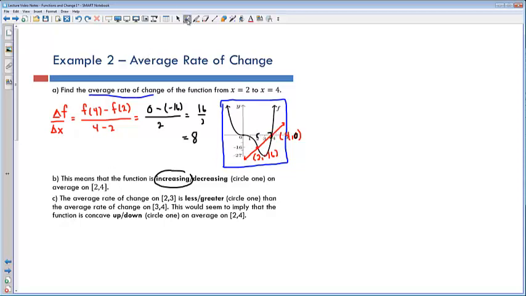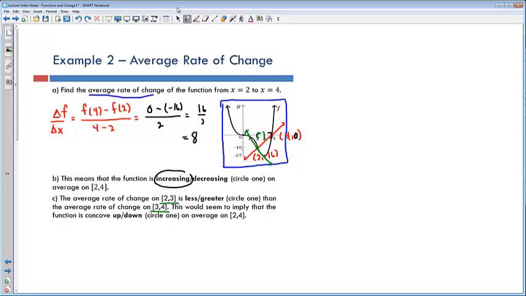In addition, you can actually use the average rate of change to figure out if it's concave up or concave down. Let me give you an example. It says the average rate of change on [2, 3] is less than or greater than, we have to circle one of those, the average rate of change on [3, 4]. So let's look. Here's 2 to 3 right here. Just find the points on the graph that correspond to 2 and 3, and you can see here's the average rate of change. It's the slope of that line